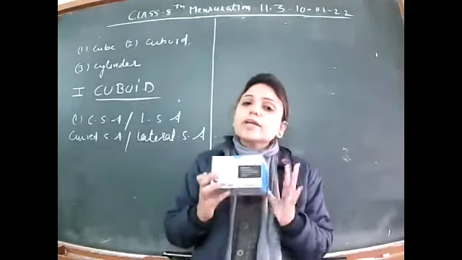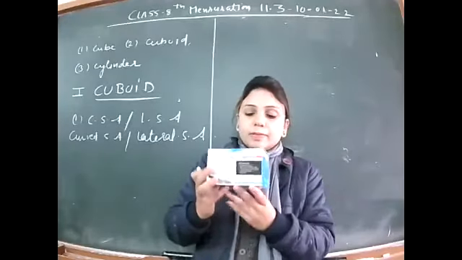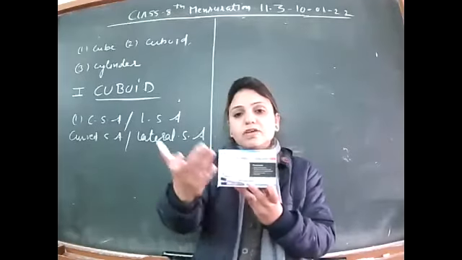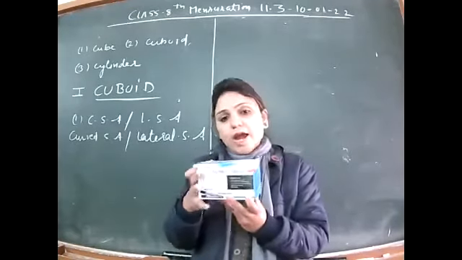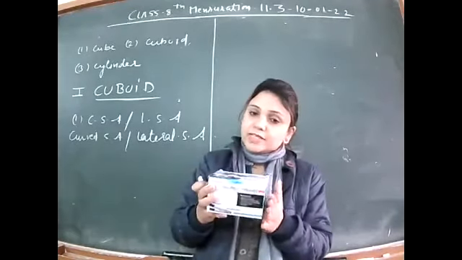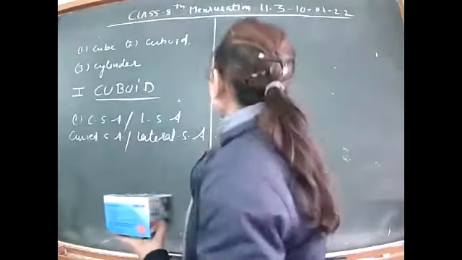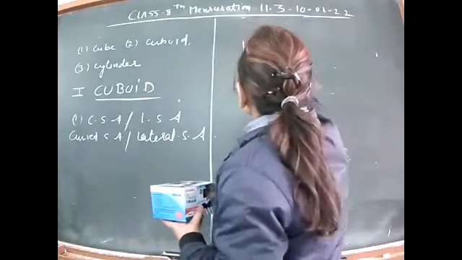So if I am looking at this curved portion of the figure, this is containing the face at the back, the face at the front, the face at the right, and face at the left. It doesn't contain the face at the top and face at the bottom. So if I make cuboid here like this,